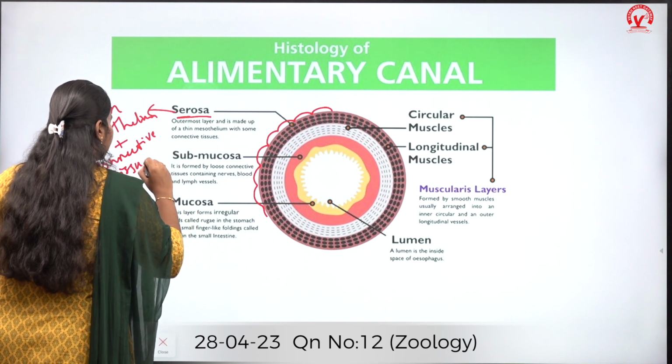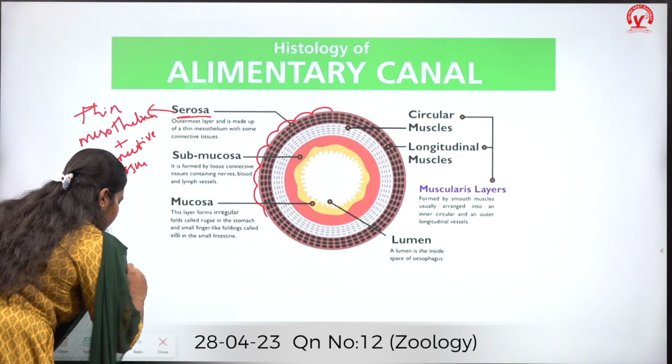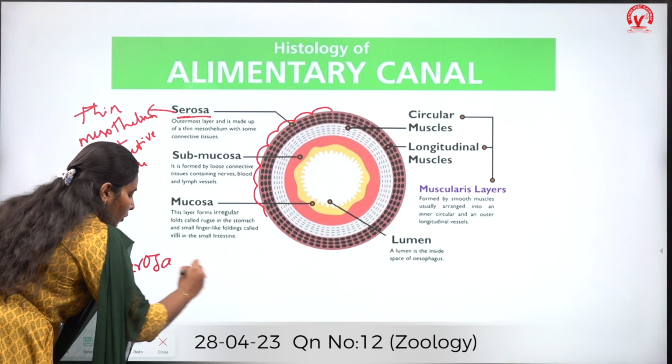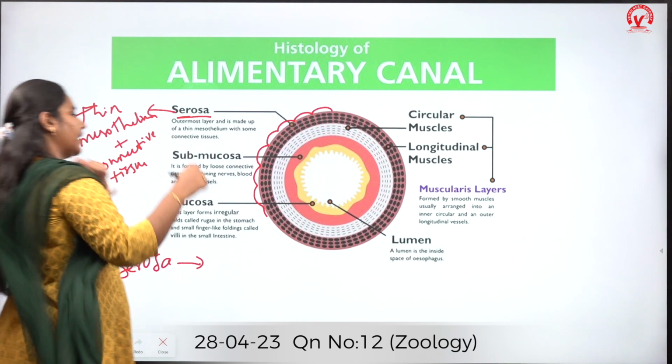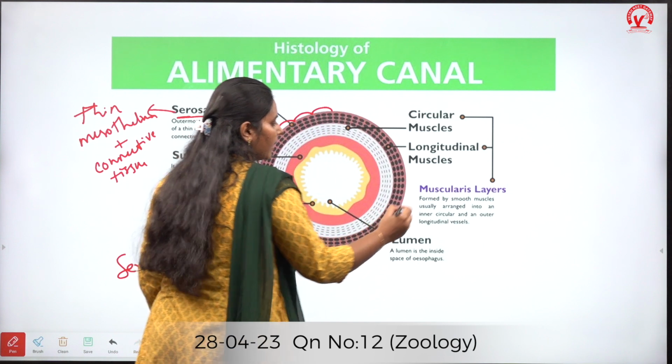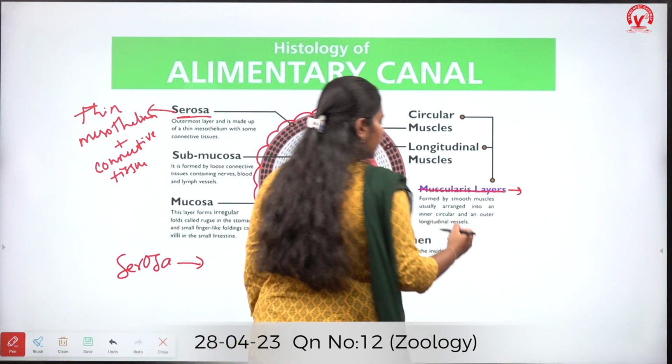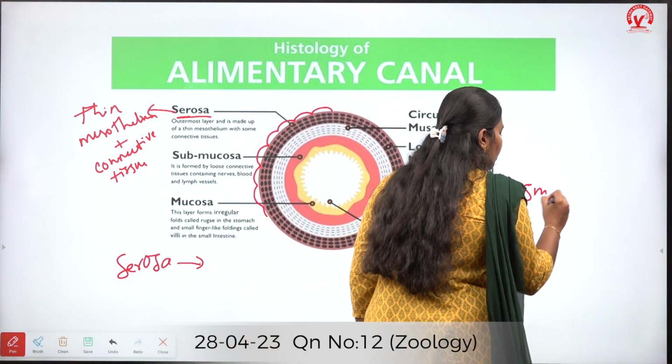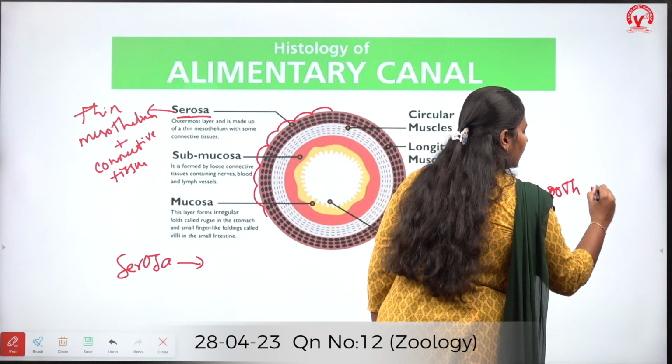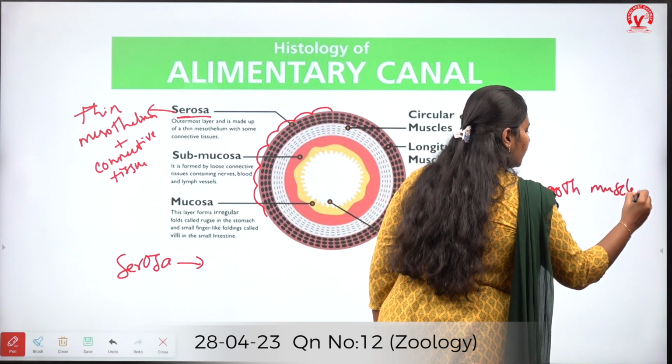So the first layer from outside to inside is serosa, and the second layer is muscularis, which is made up of smooth muscles which possess